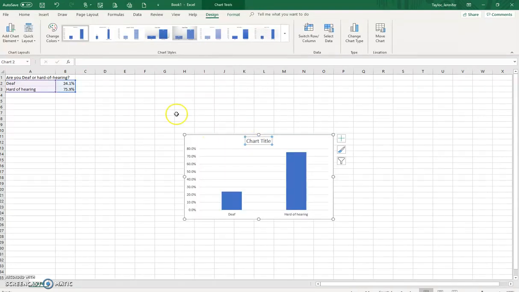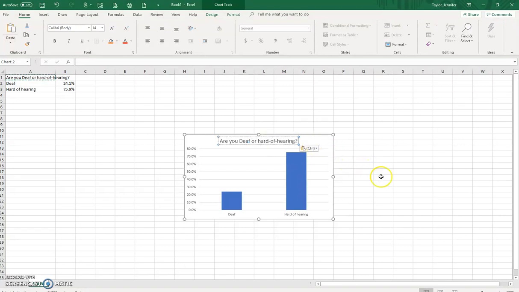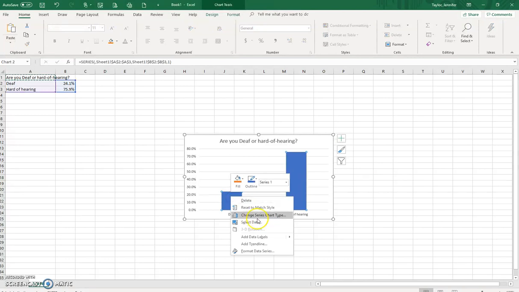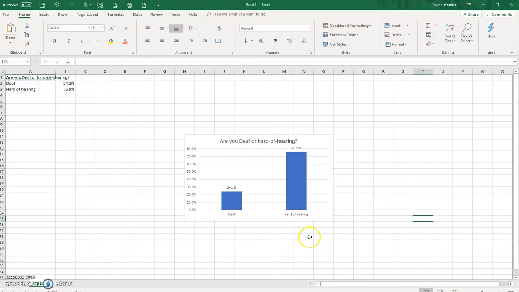Chart title. This should be a chart title. And then what we want to do is add labels to it. So add data labels. And voila,